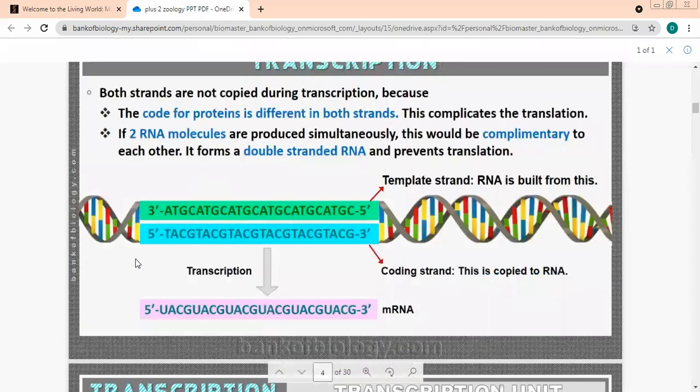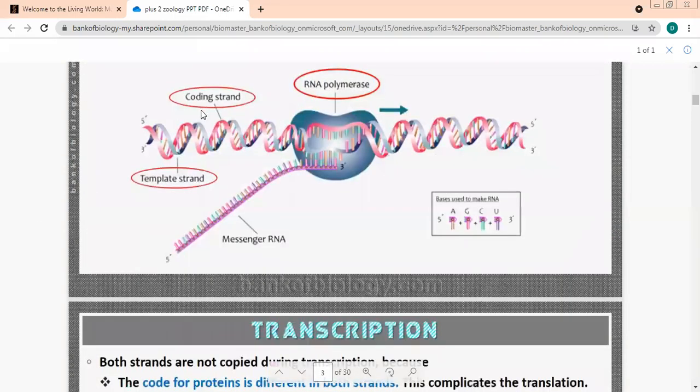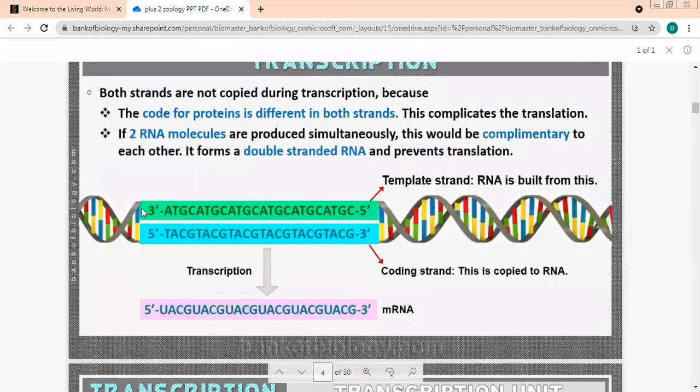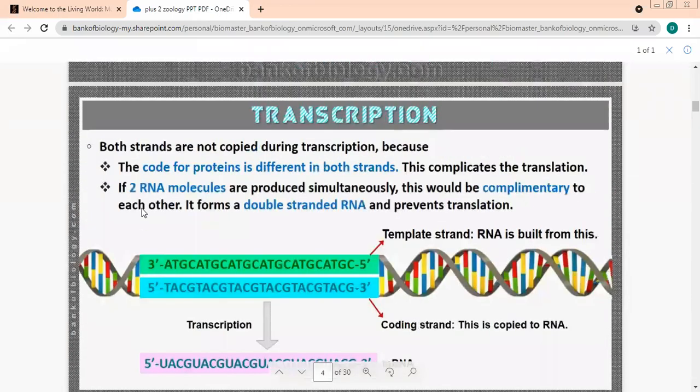Both strands are not copied during transcription. This is another part. See, we had two strands. We had one strand which was known as the coding strand and the other strand which was known as the template strand. So we generally assume that both of them will be copied. But no, both of them are not copied during transcription. There are two reasons for this. Number one, the code